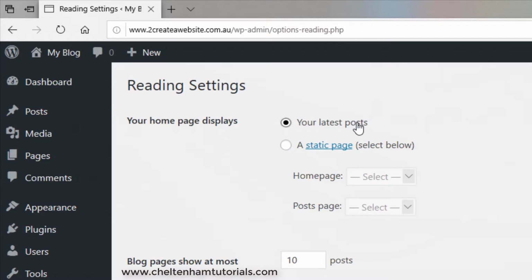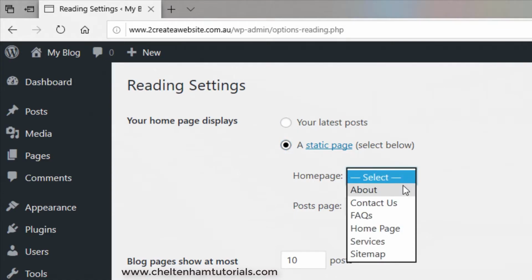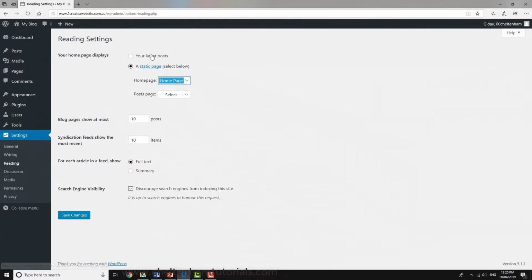And that's why we had that error message we saw earlier on, because we don't have any posts. We did have a sample one, we deleted that. Now what we're going to do is we're going to specify a home page. So I click here, and where it says home page, I click on the down arrow, and basically I select one of these that I want to act as the home page, and in this case we'll actually use the page called home page. So by doing this, and then clicking on Save Changes,